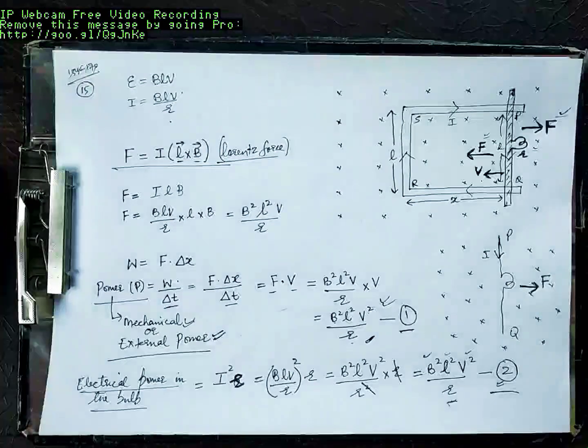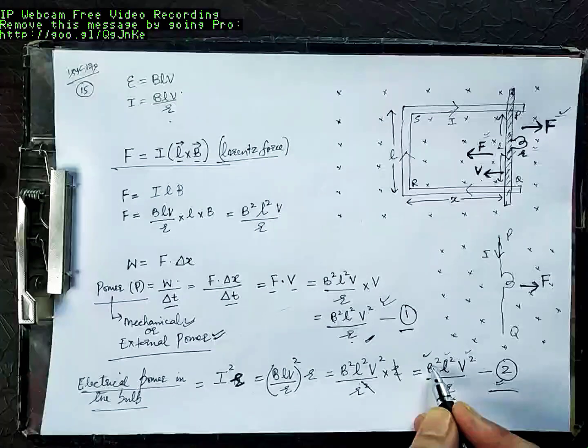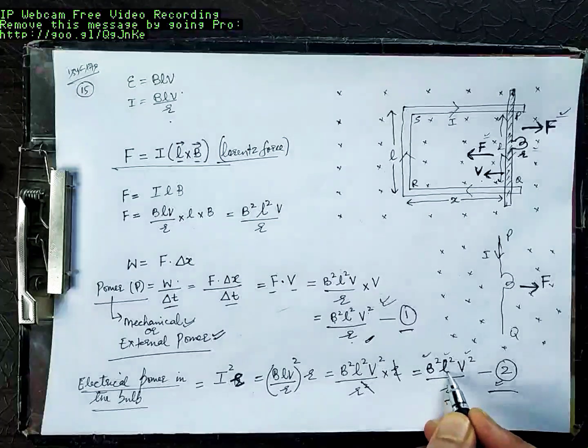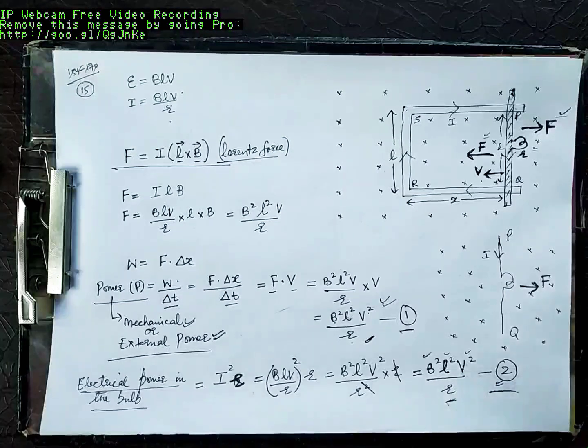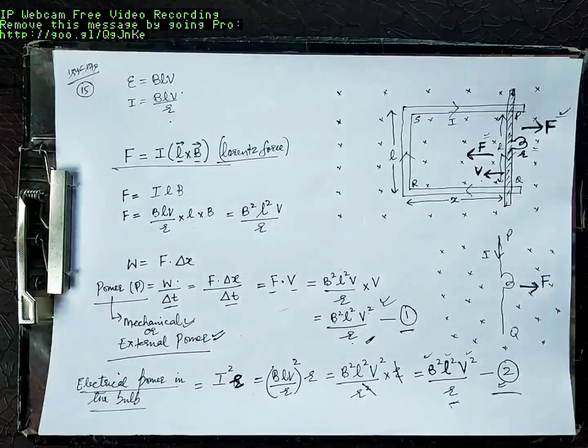This is actually what happens in real generators as well. In real generators, in order to increase the output electrical power, you either have to increase flux density B, increase the length of conductors, or move the conductors faster. This is how we increase the output power in real generators as well. Are you getting me?